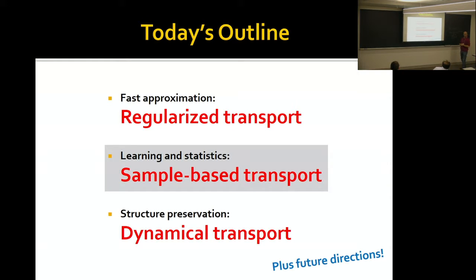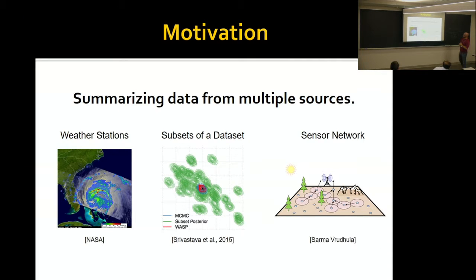So now let's change gears and talk about a completely different approach to these sorts of problems, suited to statistical problems. The inspiration here comes from tasks where I'm trying to summarize data from multiple sources. It's not so hard to identify places where this happens. Like maybe I'm driving a vehicle and it has different sensors attached to different parts of the vehicle. These sensors are all sensing the same world in front of the car, but of course they all have slight bias because they're placed in different locations.